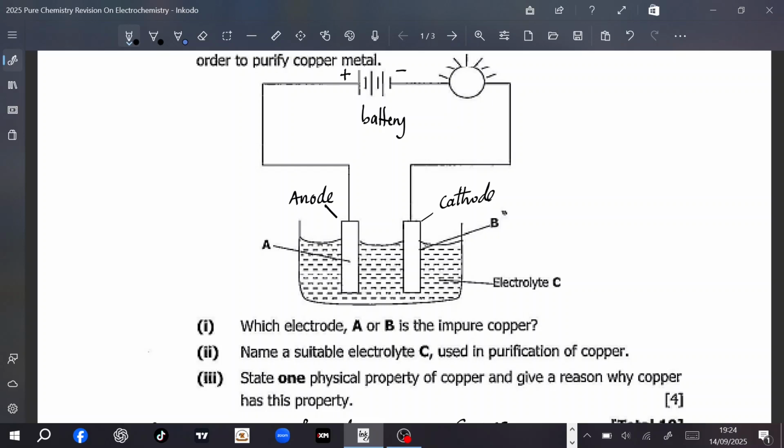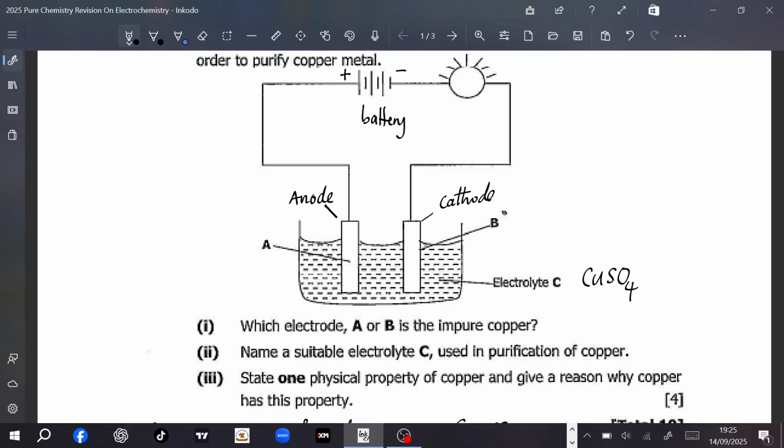For you to know this one, it's quite simple, but sometimes if you have forgotten, especially what electrolyte is used here: the electrolyte used in the electrolysis of copper is actually acidified copper(II) sulfate solution. This is the electrolyte which is used, and when electricity is passed through it,